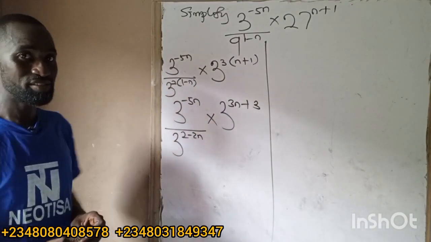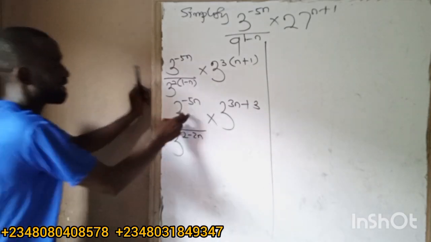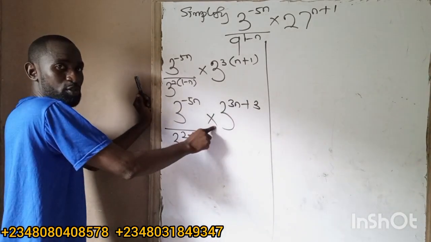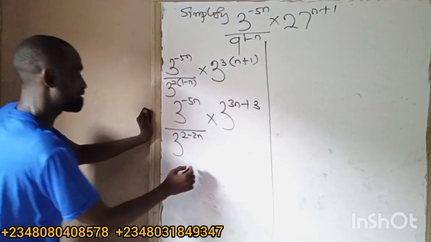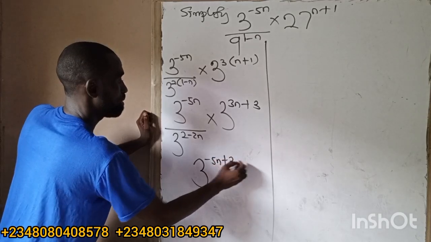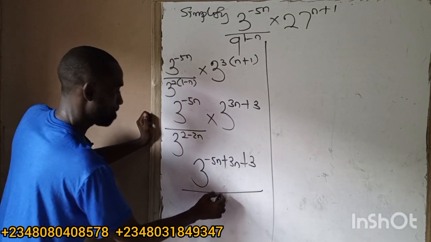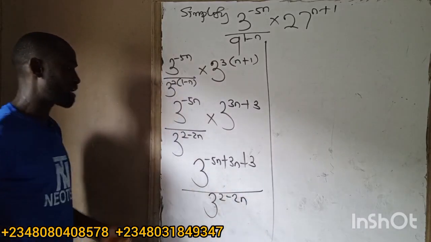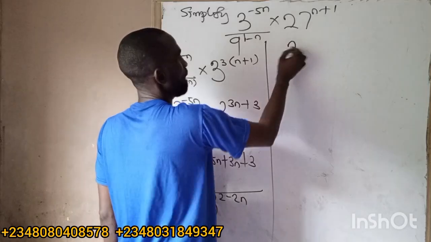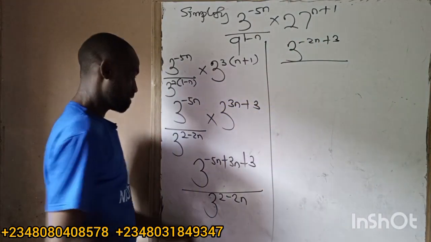When solving questions under indices, you have to be very careful. What's the next thing here? I can apply the law of indices. When they have the same base and you have multiplication in between them, I can add the power. So I'm having 3 raised to power minus 5n plus 3n plus 3 all over 3 raised to power 2 minus 2n. So what does that give us? Minus 2n plus 3. So I'm having 3 raised to power minus 2n plus 3 all over 3 raised to